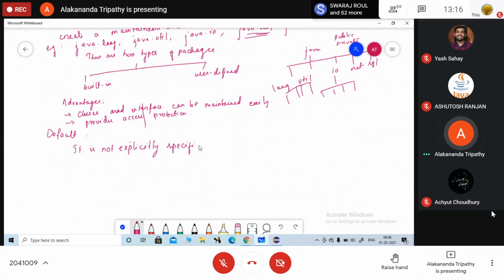The default access specifier is not explicitly specified with any access modifier.